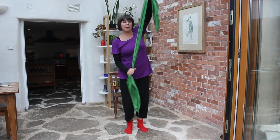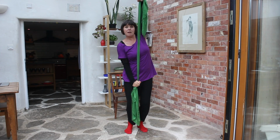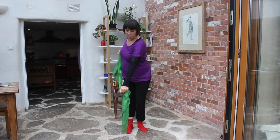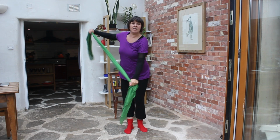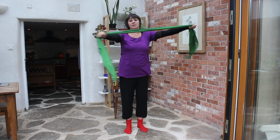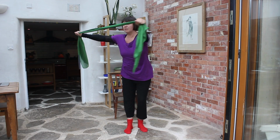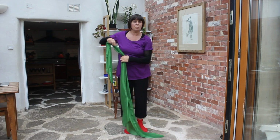And you might think about how your body's moving to make the straight lines, and also how it's moving to change to a new straight line. So we have the line changes to a different line, changes to a different line. Okay, so that's stretching. We're now going to find